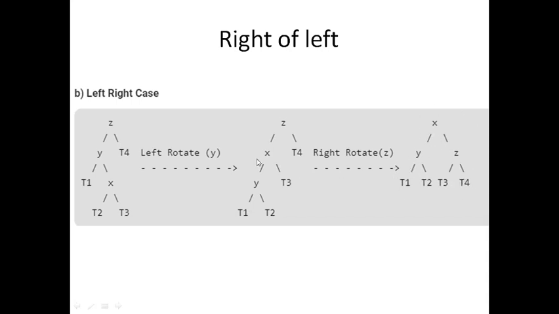So let me just repeat again. The problem of right of left happens when there is an unbalancing in the left subtree looking from the root node, but somewhere within the left subtree we have a problem in the right subtree. So we have to first convert it into a left of left problem, and then we have to resolve it using the rotation of the left subtree towards the right. So that's what is shown in the given three steps. This is the original tree, and when you first convert it into a left of left problem, this is the result of that, and finally when you balance it, it becomes like this.